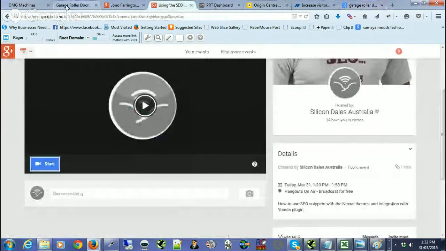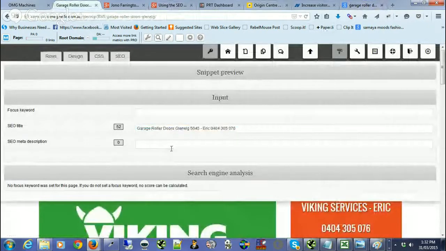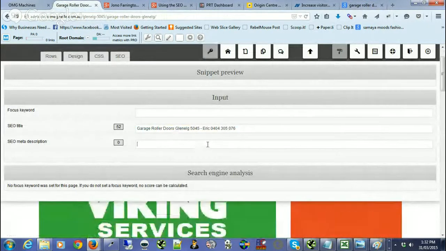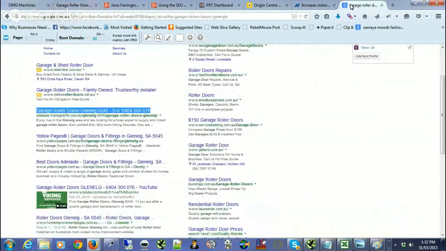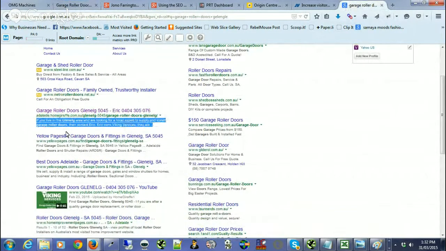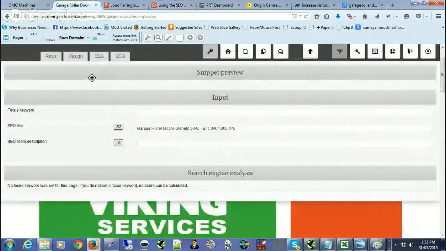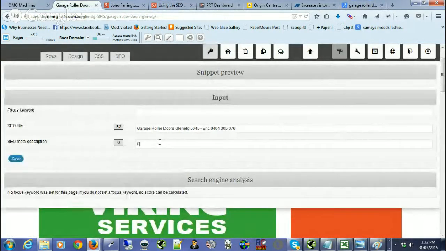We always recommend that you don't add an SEO meta description until the page is actually ranking. So now that this page is ranking, and we can see it's ranking number one in Google, which is great, what Google's done is, because we haven't added in a meta description, it adds it in from the content itself. So then what we could go and do for the meta description, we could add in something like